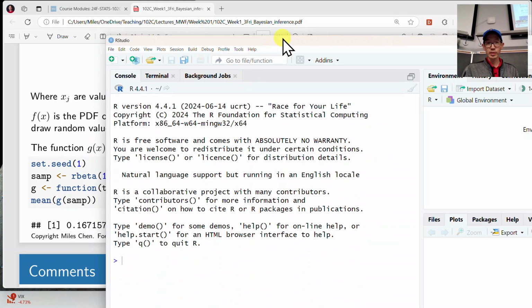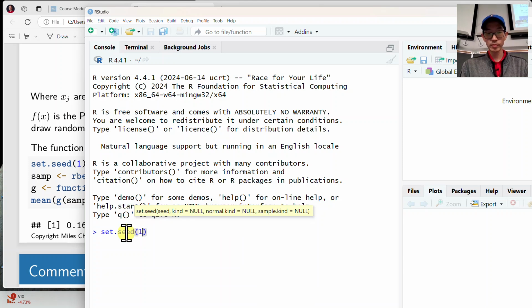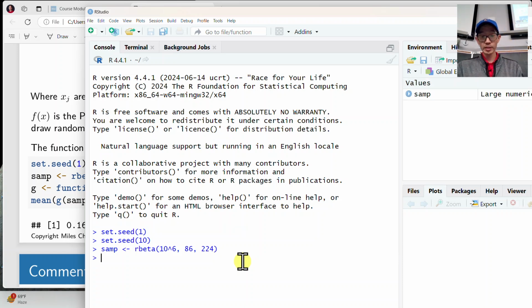Okay. So again, the idea here is we'll do a different seed. Okay. So I'm going to just generate a sample, and here we want it from the beta distribution. So I'll say 1,000,000 values. Shape parameters 86, 220, what was it, 224? Okay. And then, if I say, hey, give me a histogram of the sample,